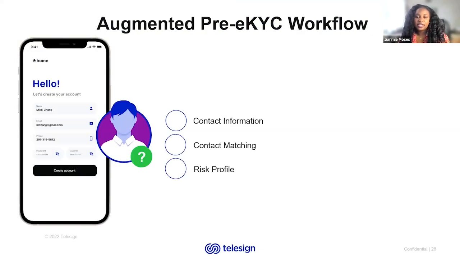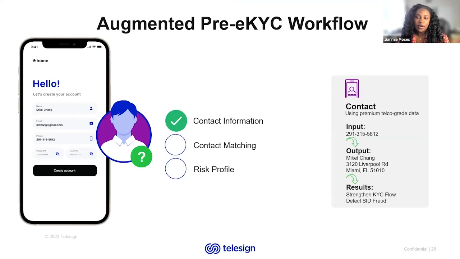So what exactly does this look like in practice? So let's say a new user, in this case, Michael, wants to create an account. A company using Phone ID Contact will receive the subscriber's phone number and contact information, which they can use to automatically populate and confirm a user's contact information at signup. For example, in the United States, Telesign has the ability to populate a user's first and last name, street address,